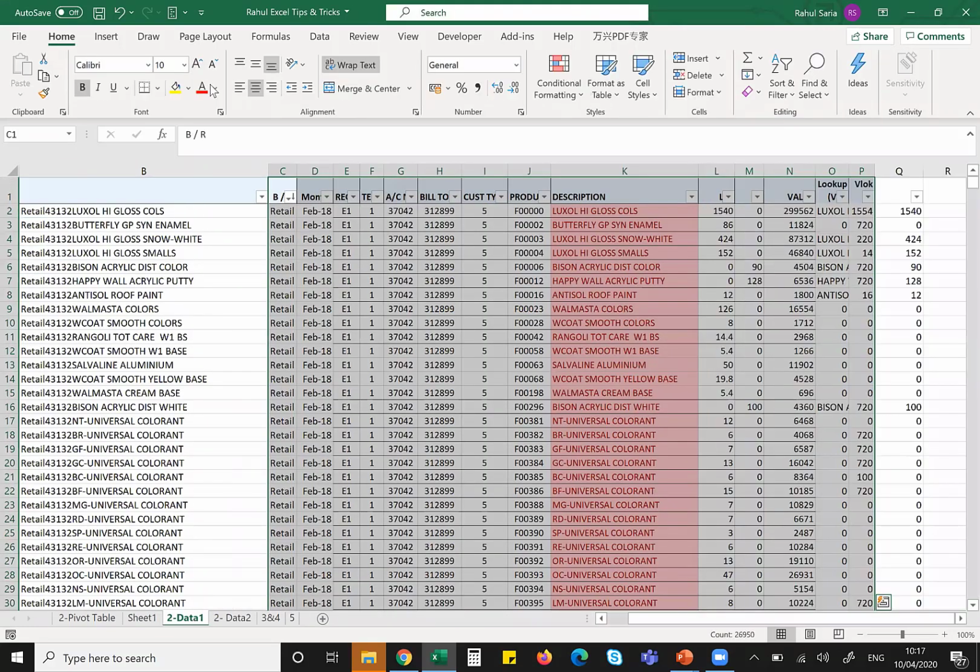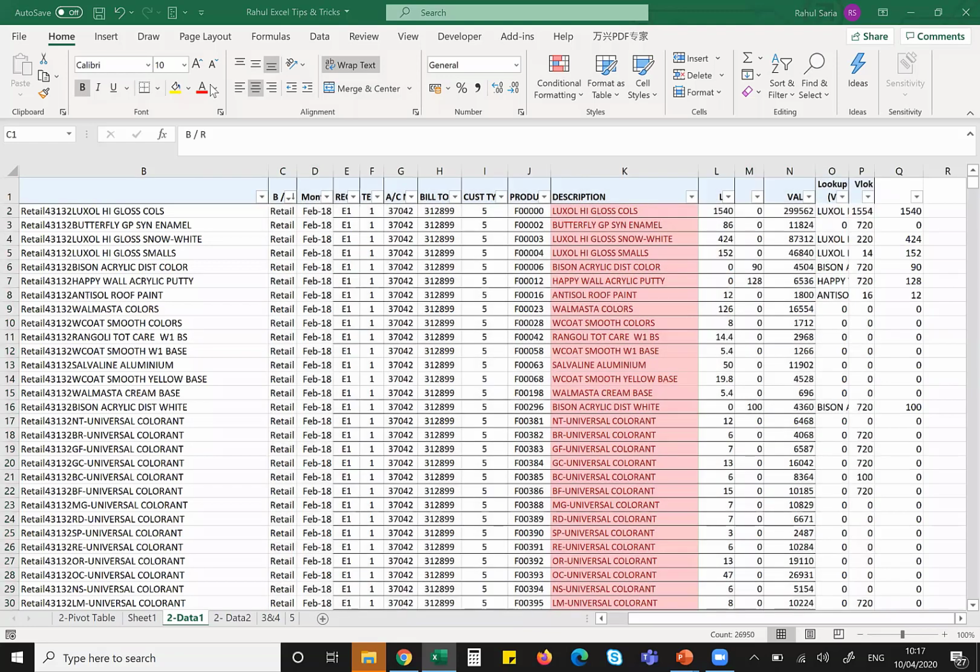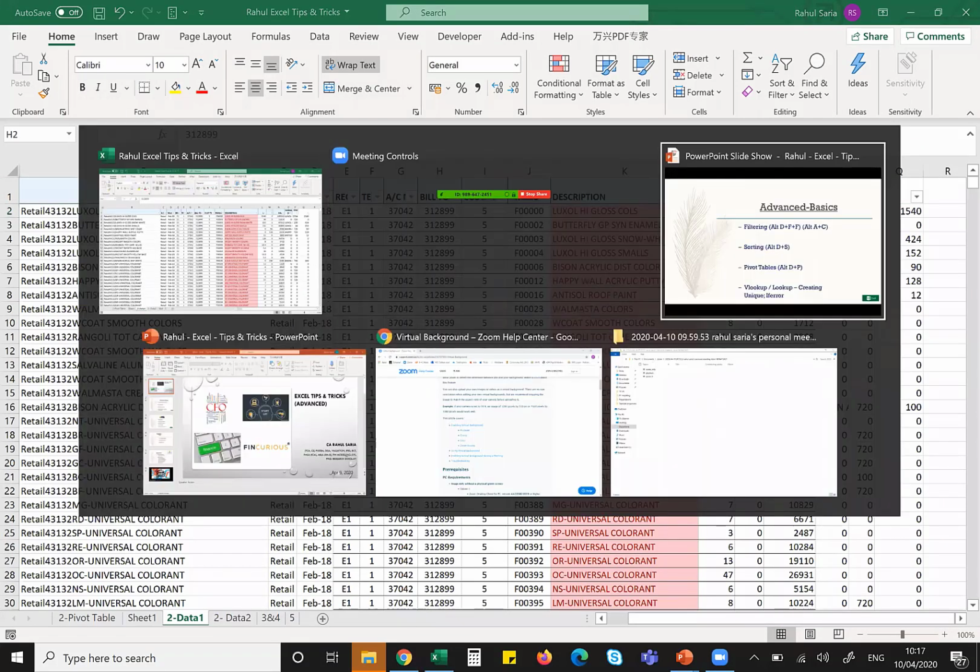Okay, I think there is a question that has come up. What is the shortcut for selecting a row? Definitely. The shortcut for selecting a row is Shift plus space. I repeat, you need to press Shift and then press space. That means you are selecting a particular row, right? So we are done with tables.